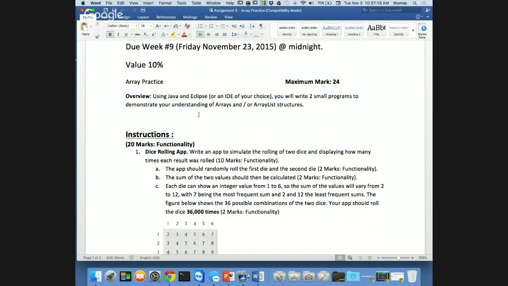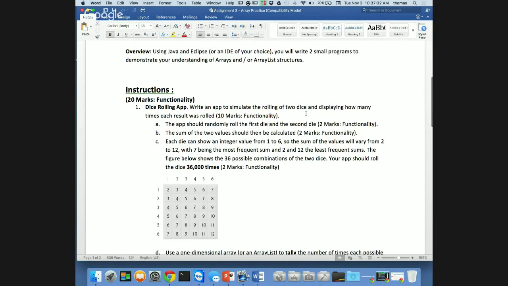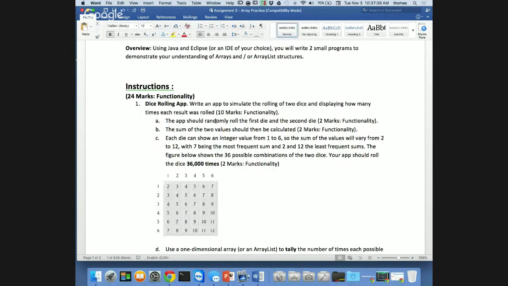So let's talk about this. Using Java and Eclipse or an IDE of your choice, and people like using IntelliJ or NetBeans, you will write 2 small programs to demonstrate your understanding of arrays and or array list structures. So write an app to simulate the rolling of 2 dice and display how many times each